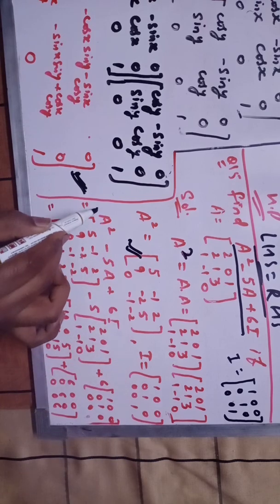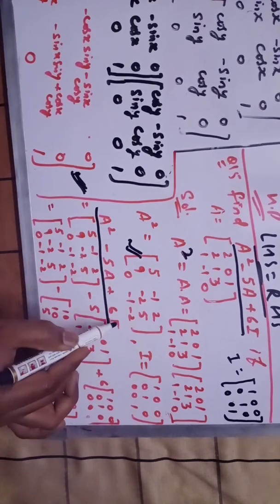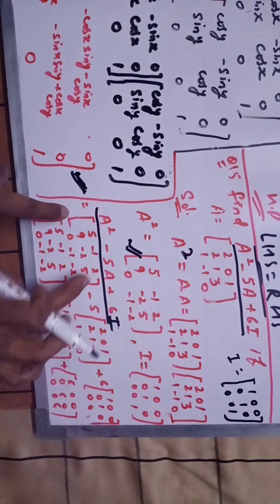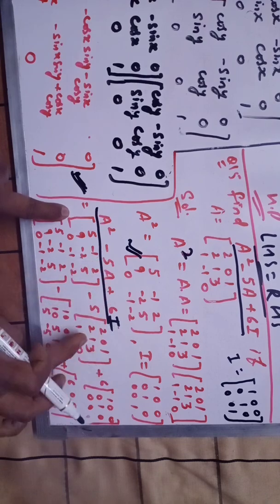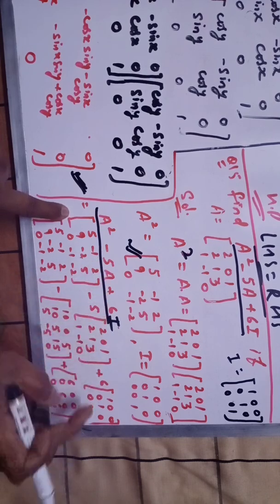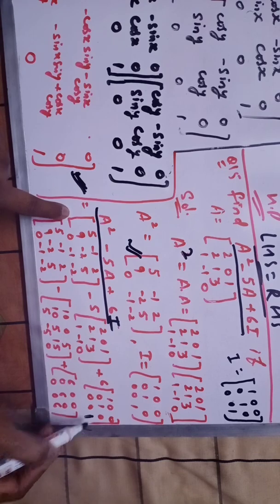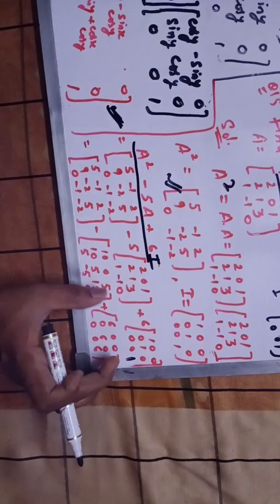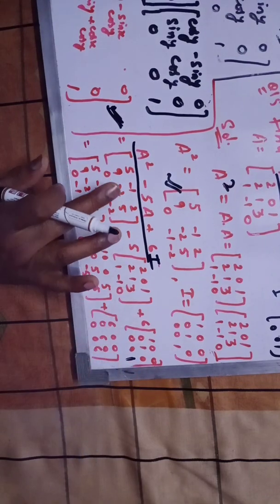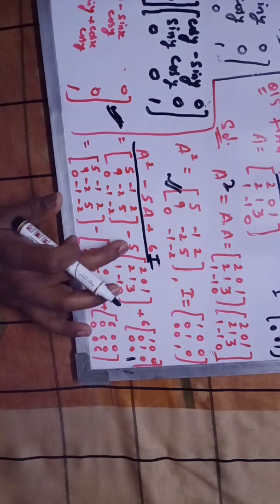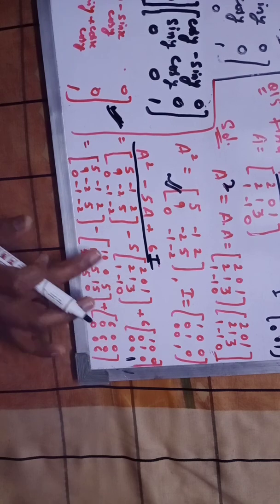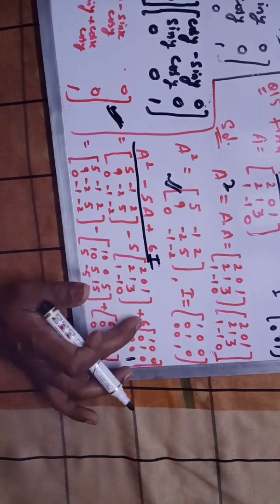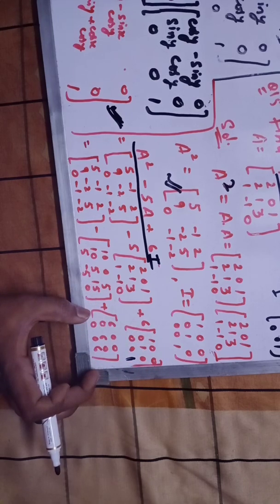Then you have to write the same equation, that is 6I. So the value of A square is here, minus 5 into A, this is your A matrix, plus 6 into I matrix. Here it is. After that, I am writing the same matrix. I am inserting 5 into this matrix. After calculation, you will get this, plus, and then you have to multiply this matrix by 6 and you will get this. Got it?